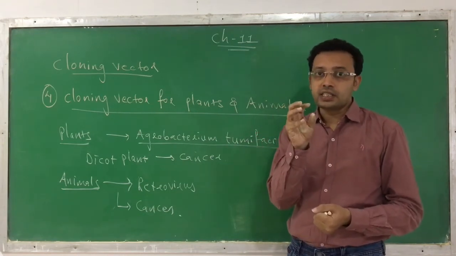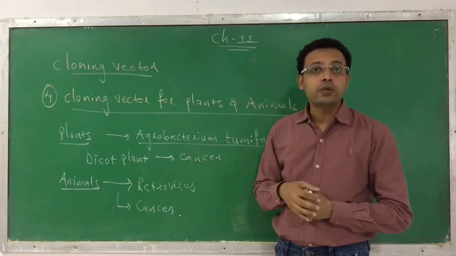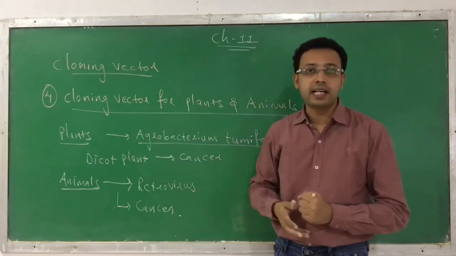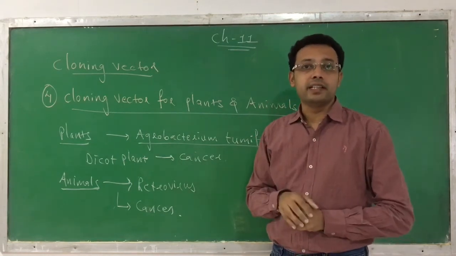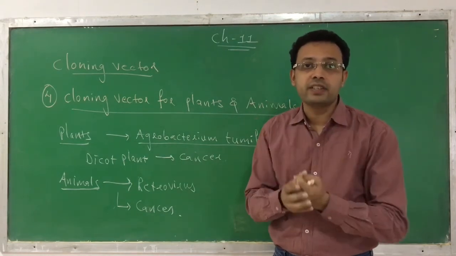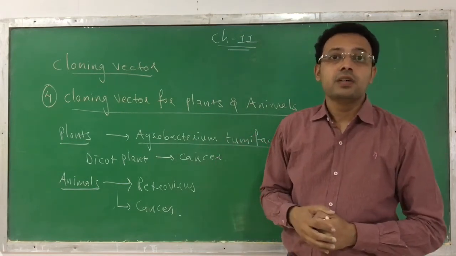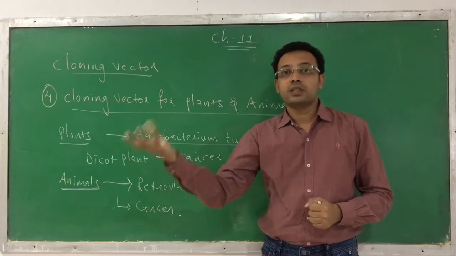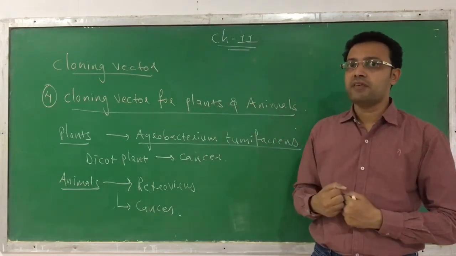Now, how are they doing this? Once the virus or the bacterium inserts into a eukaryotic cell like a plant or animal cell, it attaches to the chromosomal DNA and modifies it in such a way that the cell itself generates the assemblies required for conversion into a cancerous cell. So this is what happens. We have learned this from the viruses.